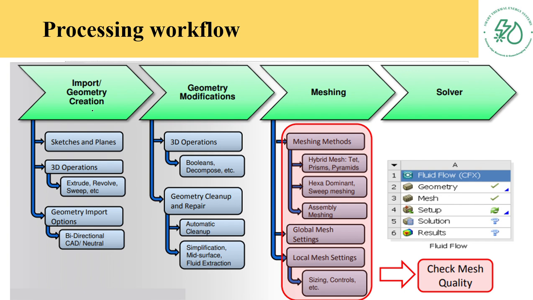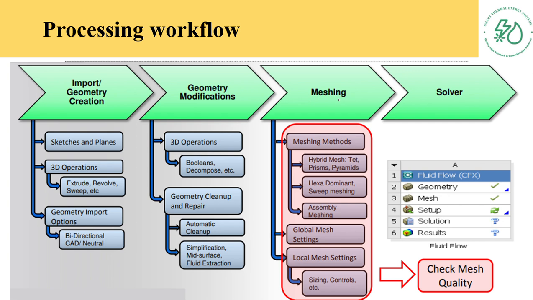Ensure the geometry is clean in this section, in geometry modification, and watertight to avoid issues during meshing. And in this section you can generate mesh, use the watertight geometry meshing workflow to create a high quality mesh,